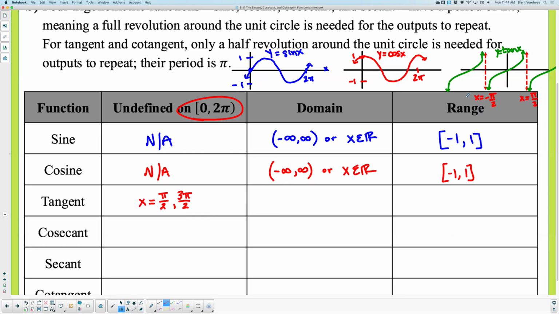Okay, let's talk about the domain. Is the domain all reals then? Answer: no, we have those breaks. So it's all reals except for those breaks. Here's how you can write that. If you remember, what you can say is that x is all reals except for, which is the symbol does not equal, pi over 2